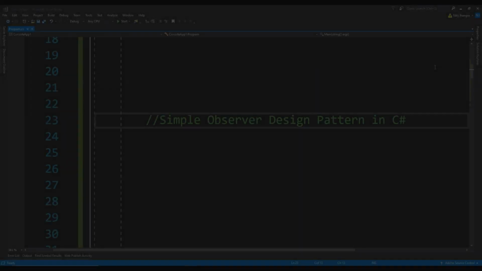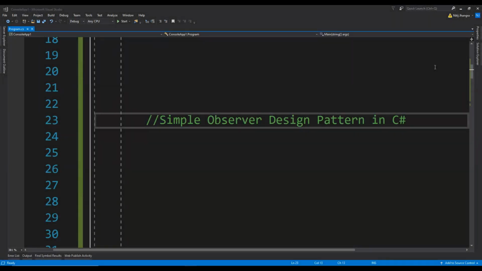An observer design pattern can be used to create a one-to-many relationship of objects. This relationship should be such that when one object changes, then all the other connected objects are notified about that change and hence they update themselves accordingly. The basic idea in implementing this design pattern is that when an observer is created, it registers itself with an